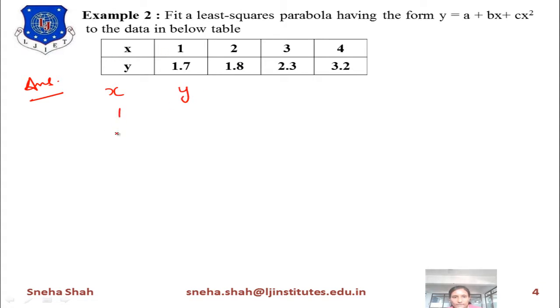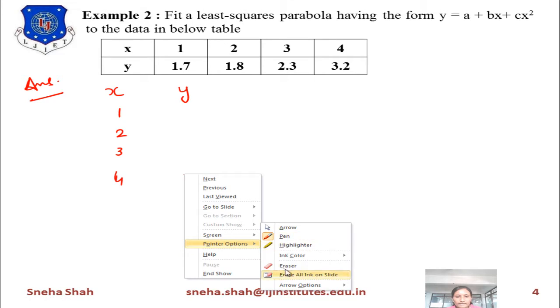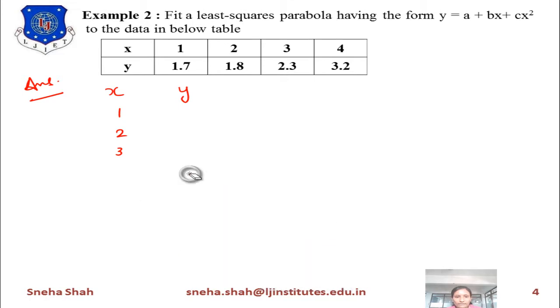The value of x equals 1, 2, 3, 4. The value of x is written in the form of a column. Then similarly we will write the value of y in the form of a column like this: 1.7, 1.8, 2.3 and 3.2. Now if I add all these terms, it will give you the answer of summation x, means 1 plus 2 is 3, 3 plus 3 is 6, plus 4 means 10. Similarly, summation y equals the sum of all these terms